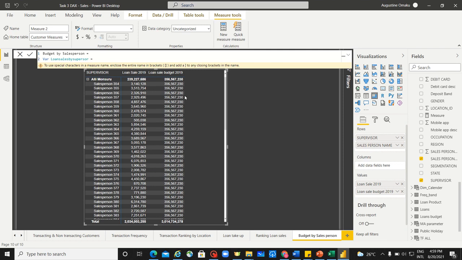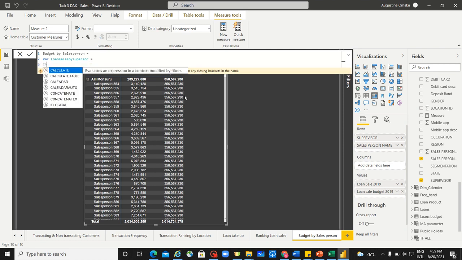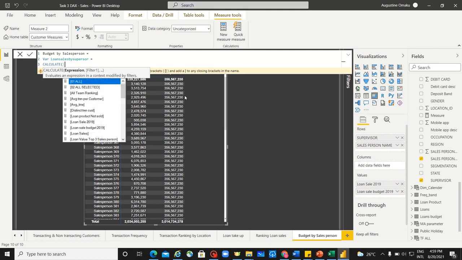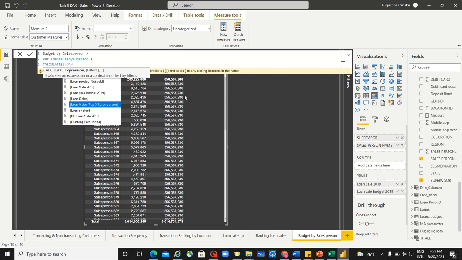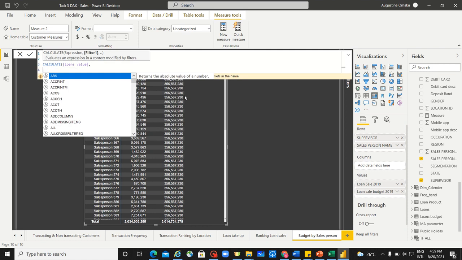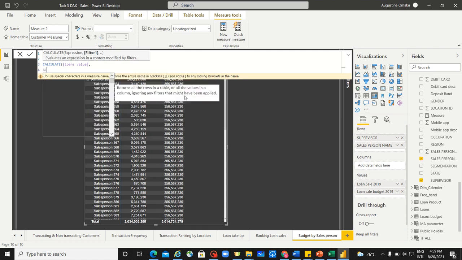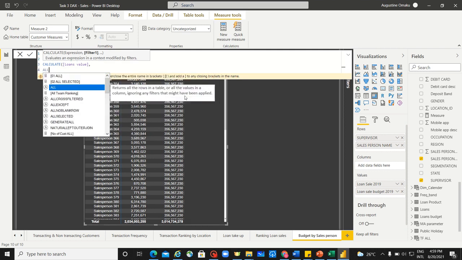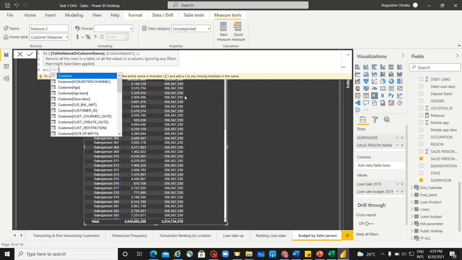That will be equal to CALCULATE, loan value, since we are dealing with value, comma. So then we introduce ALL to look at all the customer table where our supervisor sits,